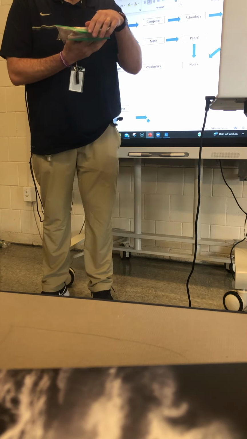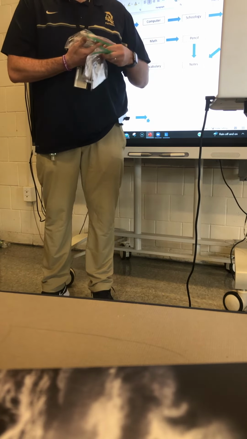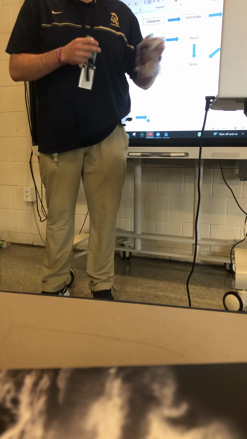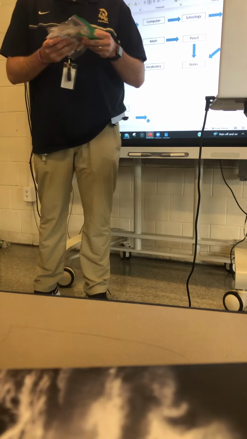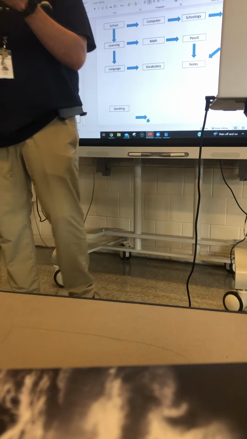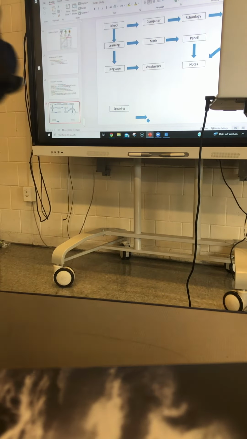Red group, do you want Toy Story, Cars, Monsters Inc., or Incredibles? Incredibles? You can't lose them though, they're Joey's. That's why I package snacks in them. Okay, blue group, what do you want? Toy Story, come get it. What do you guys want? Monsters Inc. or Cars? Monsters Inc. it is. And then Cars.